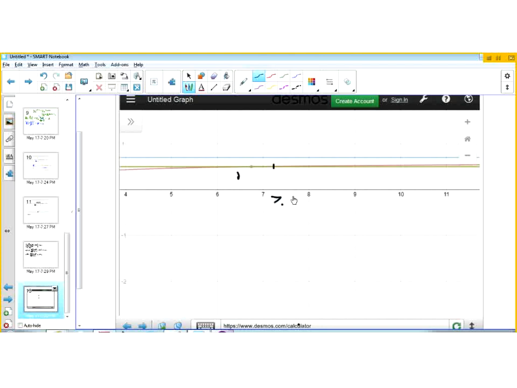And so this appears to be 7.25. So we can approximate the interval from negative 7.25 to 7.25, that the output of the function,